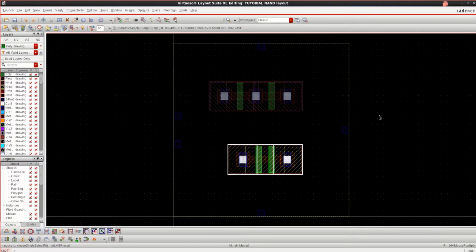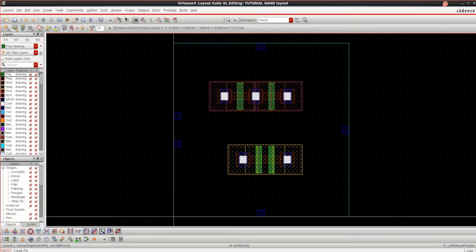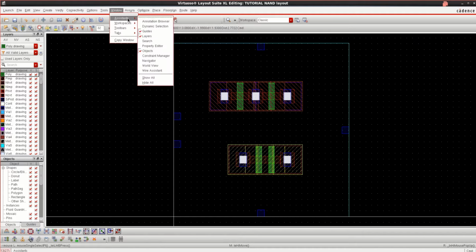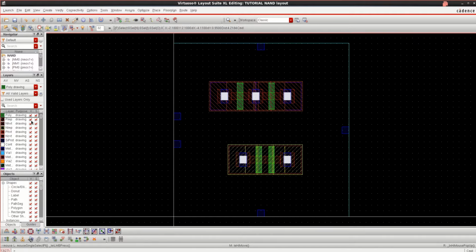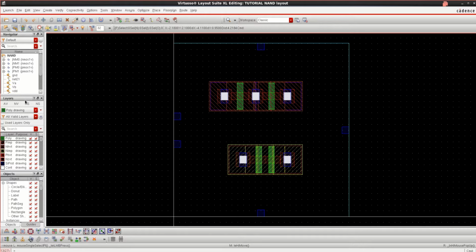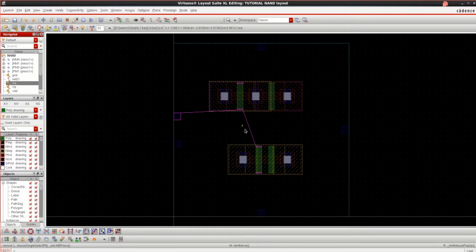So if you want to make the connections easily, go to the window, click on Assistant and click on Navigator. So this navigator will show you which inputs are connected. If I see that VA, this is what it is connected, and VB shows that these two gates are connected.